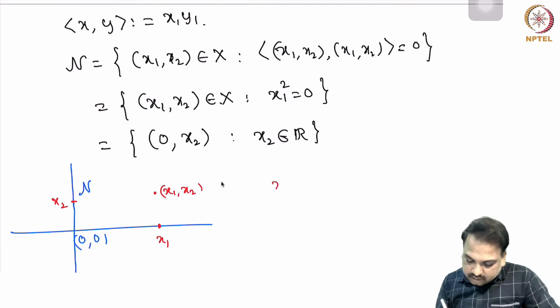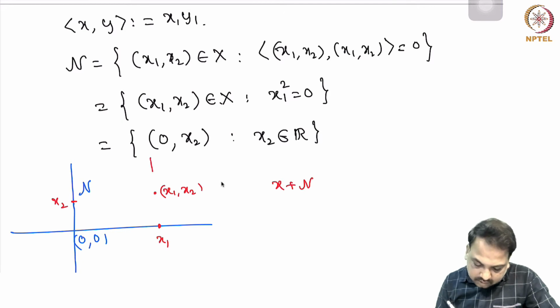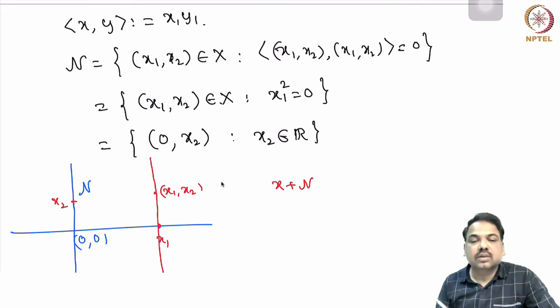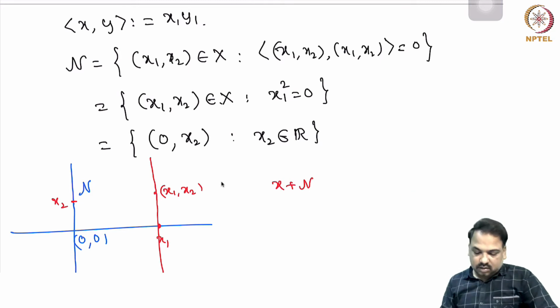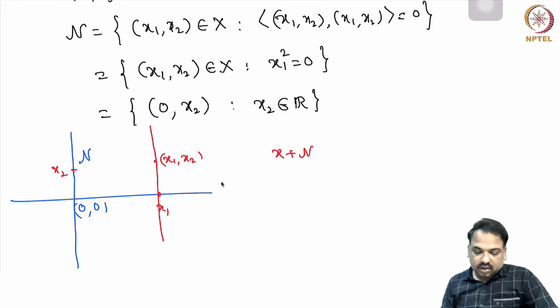Now x plus N is nothing but the line passing through x1, and this is 0 if and only if x1 is 0. That means whenever it coincides with the y-axis, then this becomes a 0 element, and the inner product of any two such lines is given by the